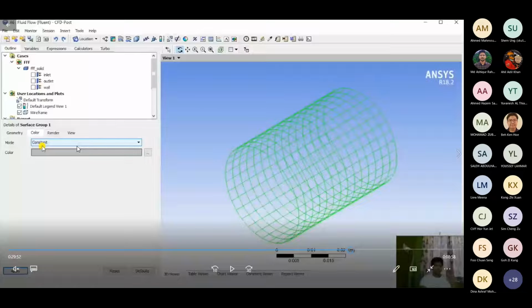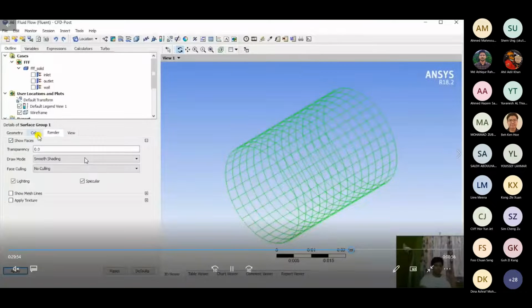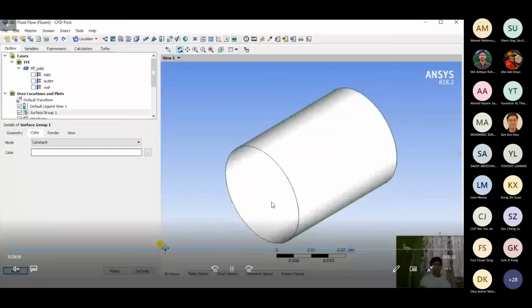Okay, so when I click apply, it will show me my wall that is being shown. This is just for visualization purposes. We are not doing it for any other purpose. It's just to show you the idea that you can actually identify each group by its surface, by its volume, or you can create a plane or line to see what is happening through that line or through that plane, to be better able to visualize.